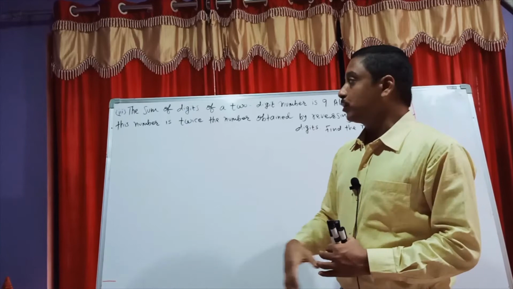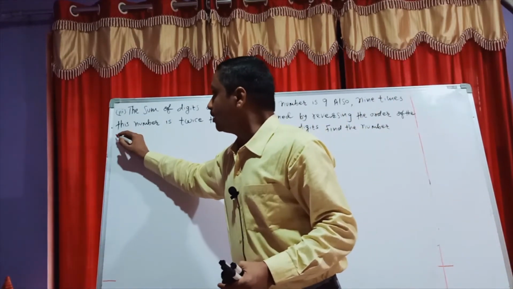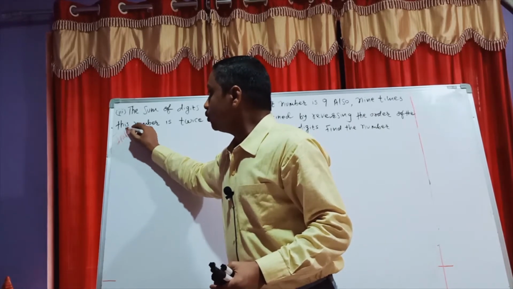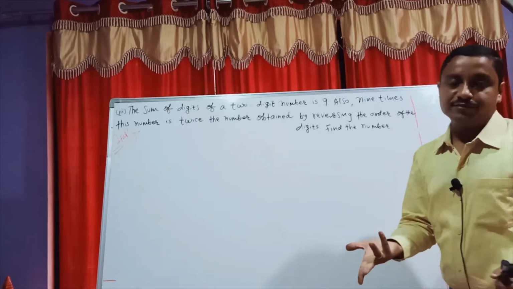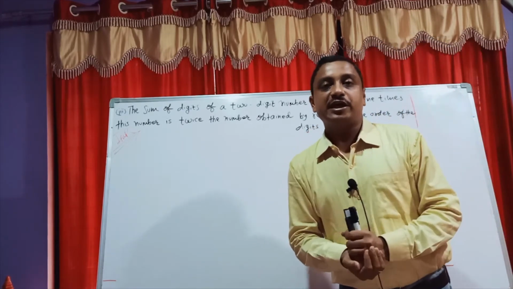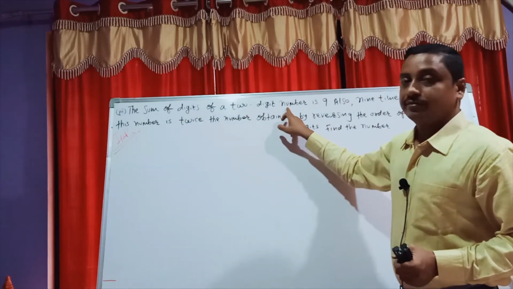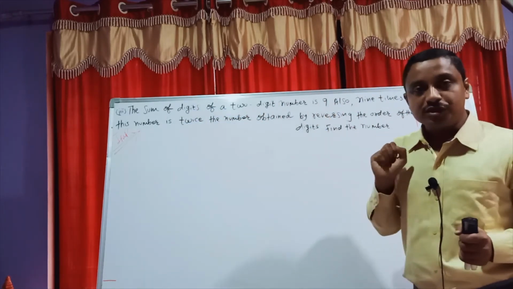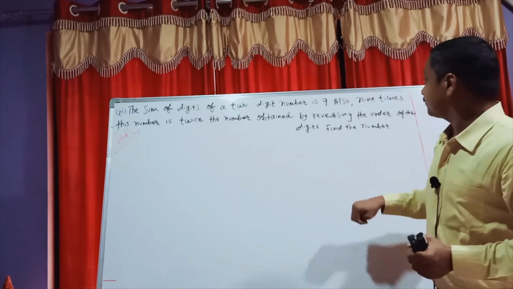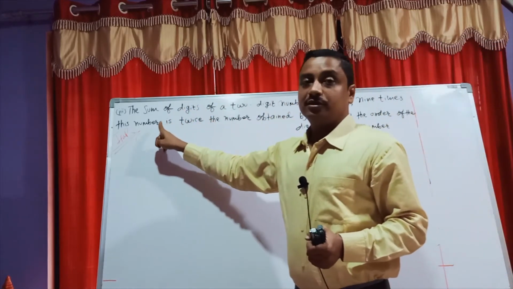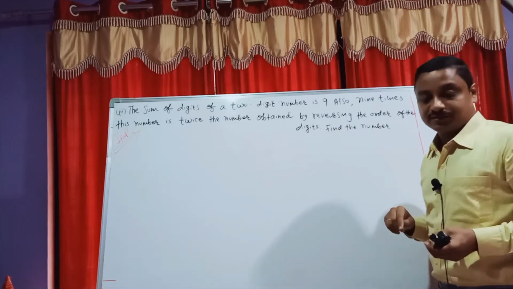One more numerical, students, a word problem, question number 3. And this numerical, students, is IMP for board exams. So you highlight in the IMP list these 3 marks questions. The question is of a different type. It is the first time you studied this type of numerical. See the question. The sum of the digits of a 2-digit number is 9. You know, students, a 2-digit number has one unit place and one tens place. Also 9 times the number is twice the number obtained by reversing the order of the digits.